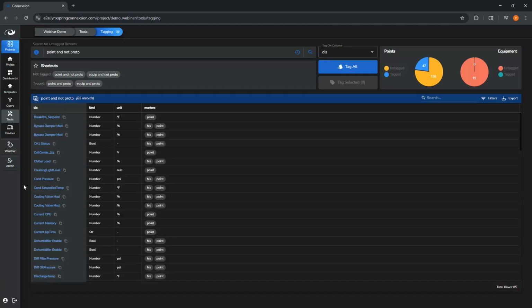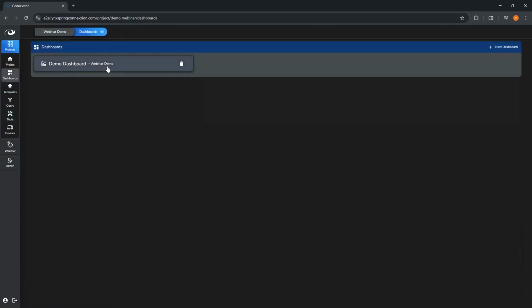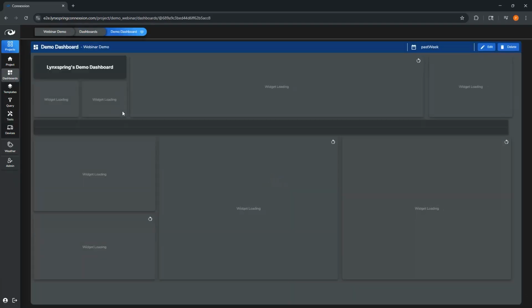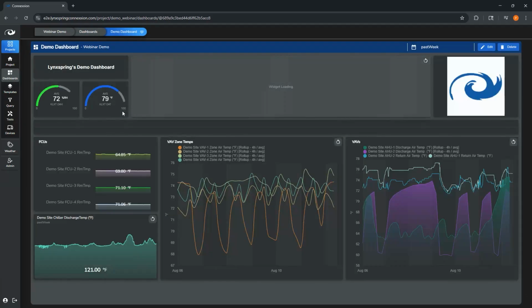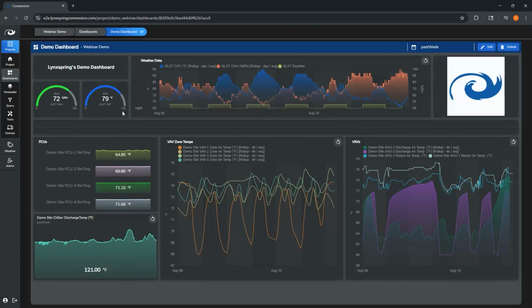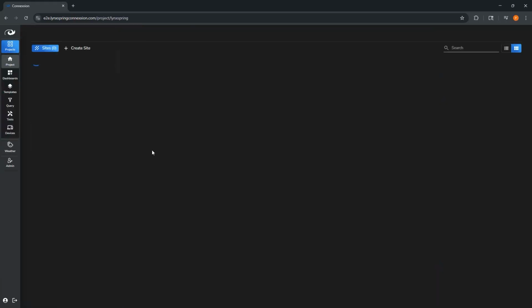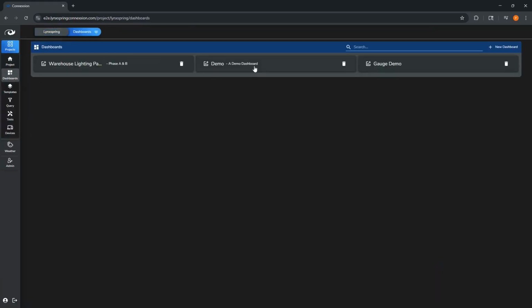So let's get into a little bit of our visualization tools that we provide on top of the data modeling tool set. So first we'll go into dashboards. So this is all, as Terry was saying earlier, very highly customizable. This is all React.js. And actually, let me go, I'm going to switch projects here to show you guys more in depth. Let's go into our Lynxspring office.